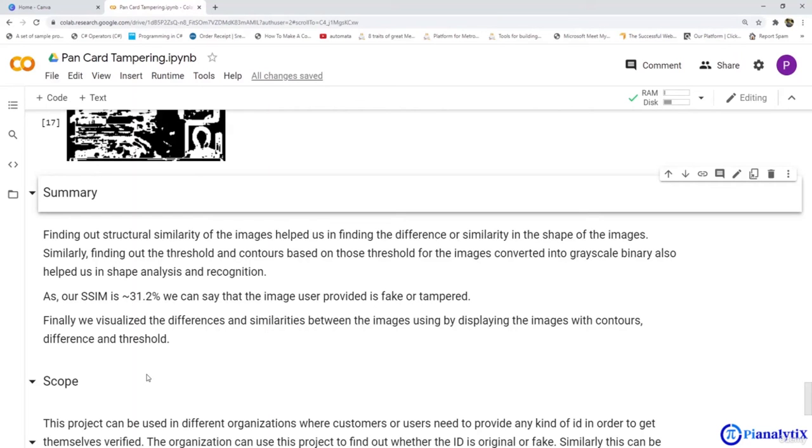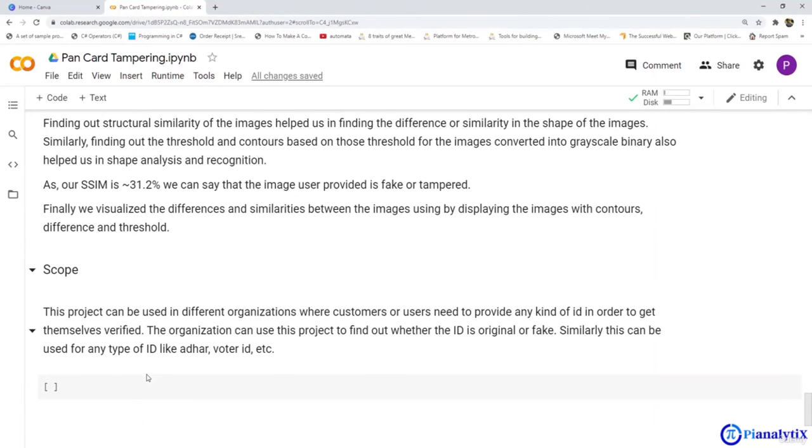The scope of this project is that it can be used in different organizations where customers or users need to provide any kind of ID in order to get themselves verified. The organizations can use this project to find out whether the ID is original or fake. Similarly, this can be used for any type of ID like Aadhaar, voter ID, etc. You just need to replace the original file with the original ID.